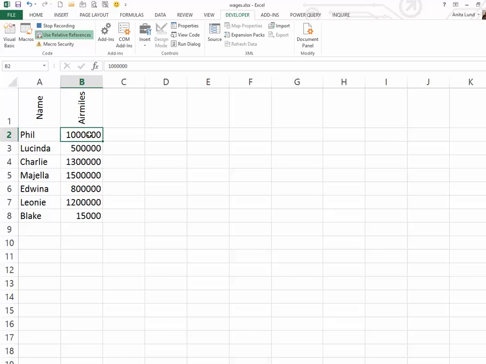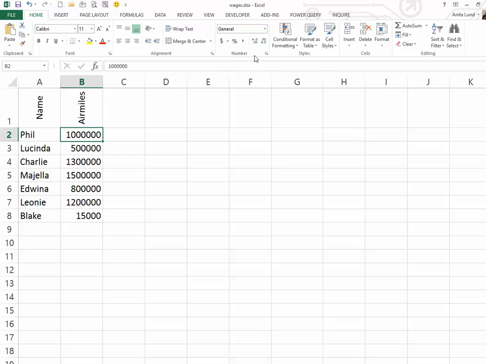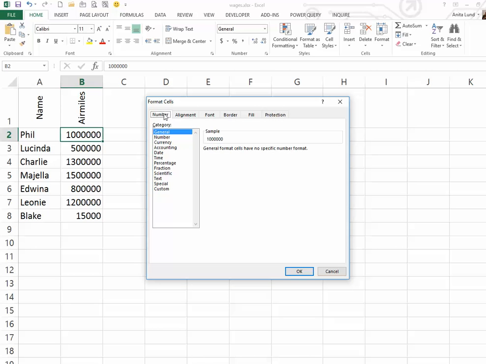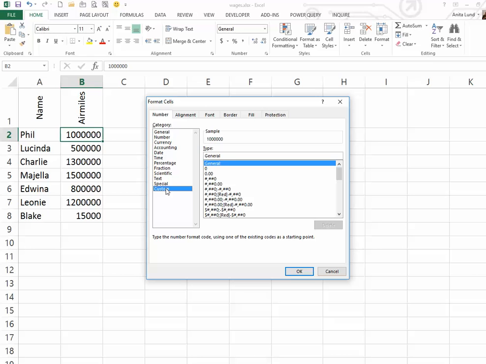If you read my previous blog post, then you may already know how to do this, but I'll give you a quick example. So as you can see, I'm now recording all of these keystrokes, and what I'm going to do is click onto my Home tab, select from the number group of commands the arrow in the corner, which will take me into the Format Cells dialog, and then on the number tab at the top I select the custom option. Because I want the cells to be formatted without any decimal places, I'm simply going to choose the 0 option from the type list,